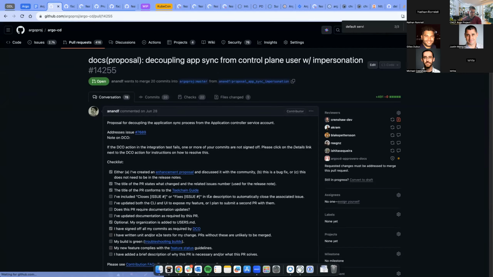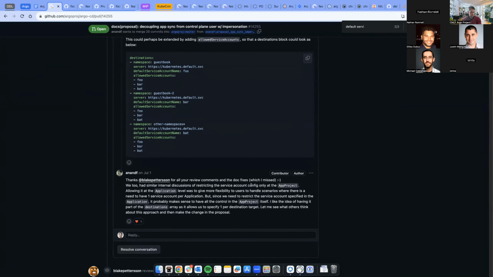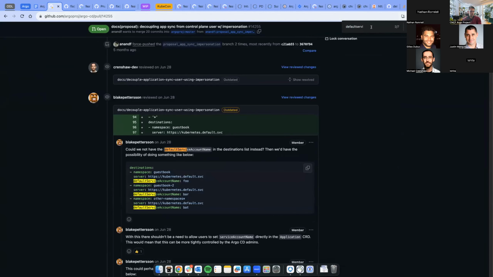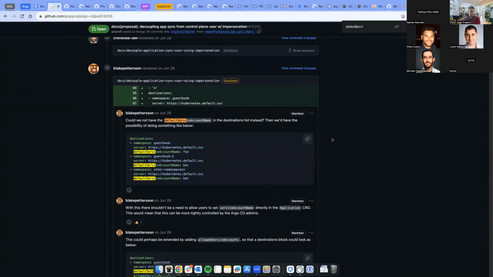Yeah, if the comment was added directly here, then it wouldn't show there. Yeah, this is the only default service account. No, without a space. Let me type that in the chat. Oh yeah, okay. This one.